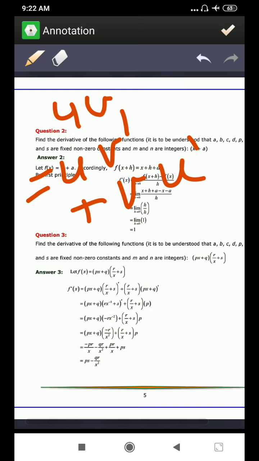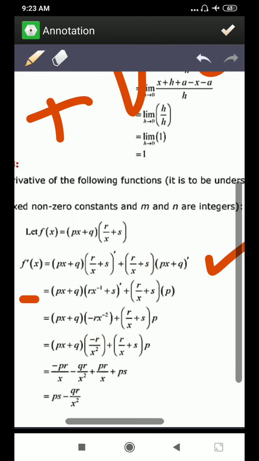It is the product of two functions. This is the first and this is the second. So the first function as it is, dash means we are taking derivative of this. If you put dash, then also it is differentiation. Now the r upon x plus s as it is and derivative of px plus q. Clear? So this px plus q as it is, to take derivative of r upon x plus s, we can write 1 upon x as x raised to power minus 1. This 1 upon x I have taken as x raised to power minus 1. And in this it is px plus q.